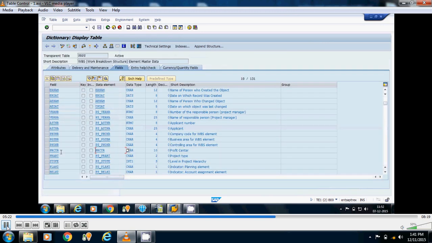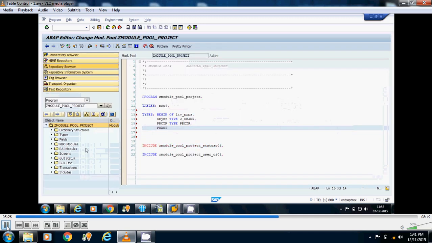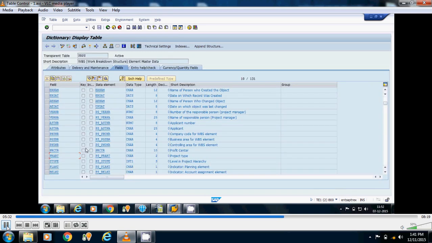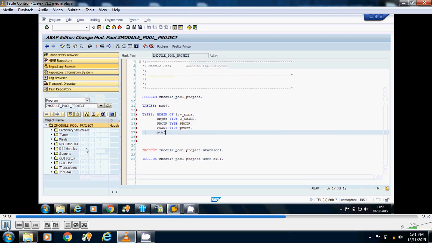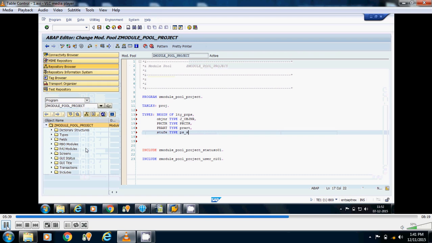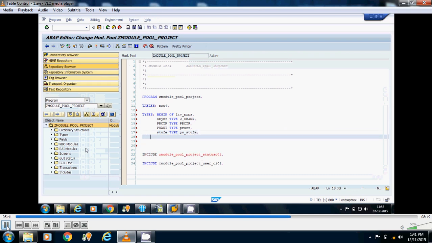Suppose the third column that I want is PRART, type PRART. Now suppose the fourth column is STUFE, type PS_STUFE. Now end of LTY_PRPS.